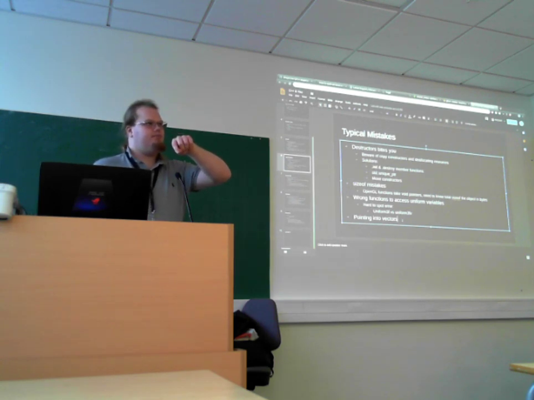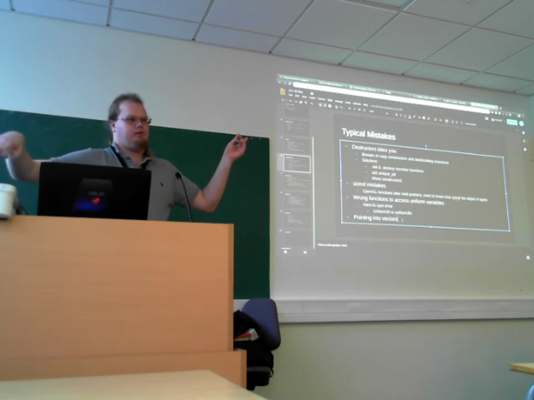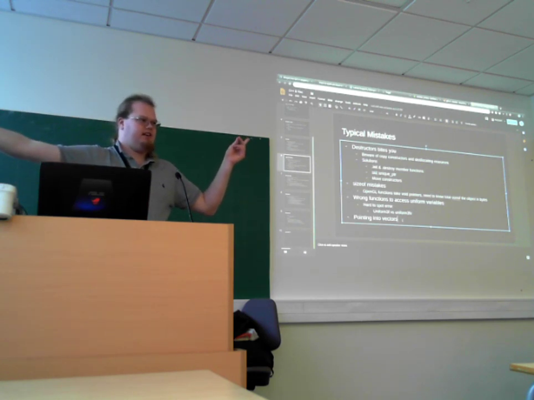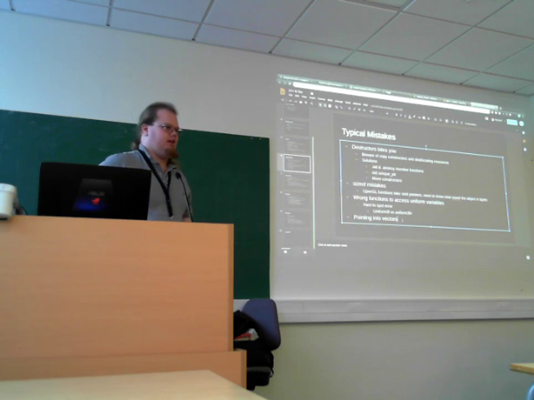What can happen is that if you start pointing into that vector with a pointer, and that vector gets reallocated, no one will go and update your pointer to point to the correct place anymore. So you're now suddenly pointing into a piece of memory that you have no idea what's actually in there.